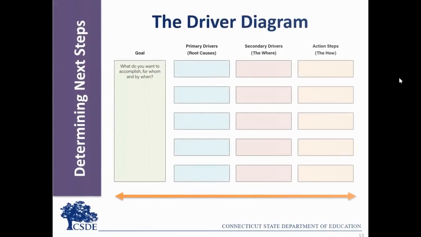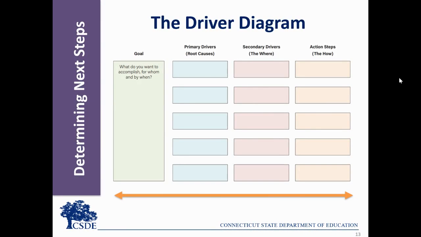The driver diagram is an additional tool included in the toolkit for the teams to use to ensure that the action plan or the steps addresses the goal or the challenge. The goal or aim of the diagram is the challenge to be addressed. For example, at Best Ever Middle School, the goal may be to reduce suspensions and expulsions. A root cause was determined to be that students are unsupervised in hallways when classes change.